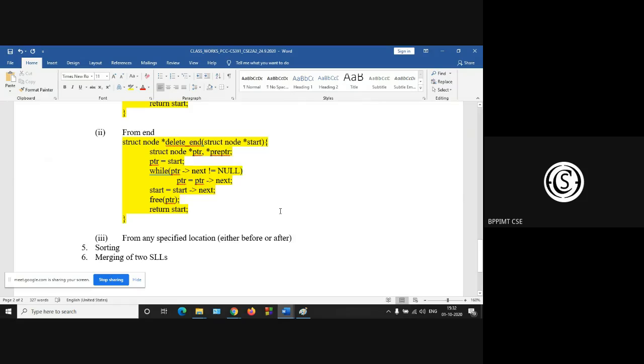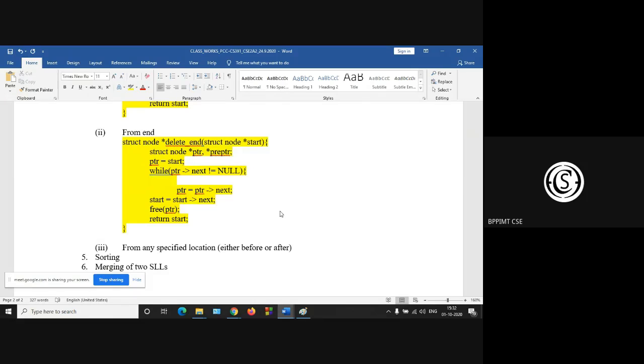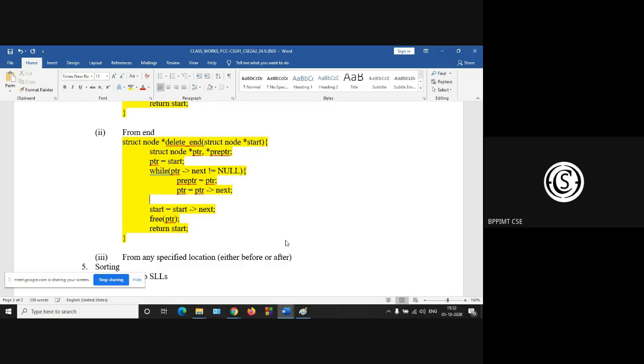What will be the first line? Ptr is equal to ptr, and advance your pointer.